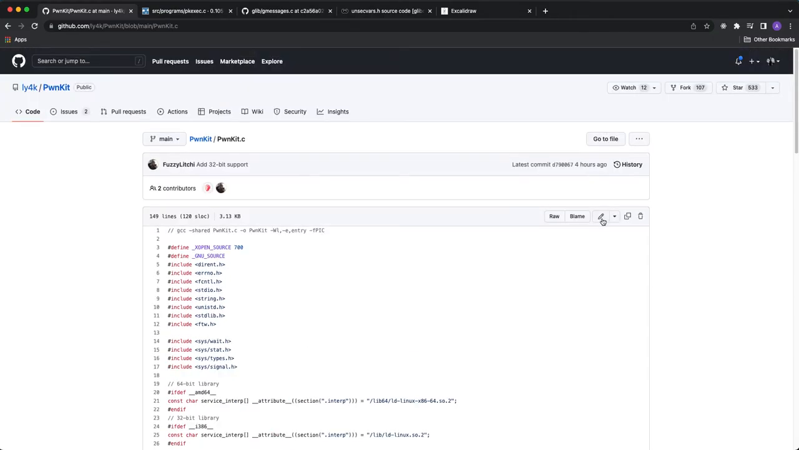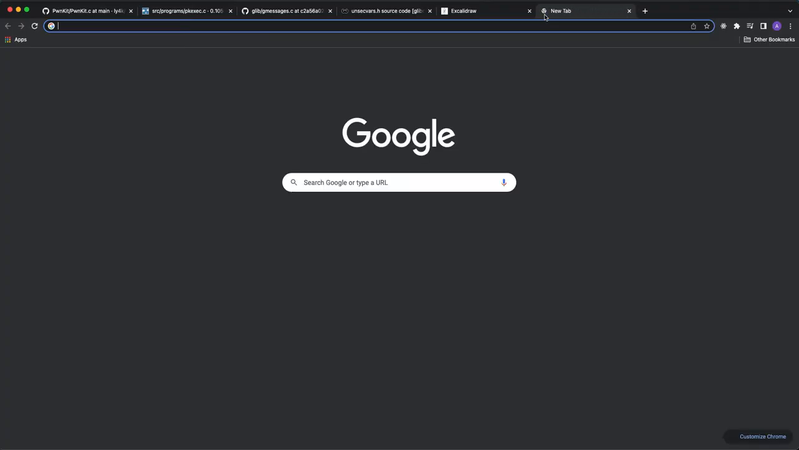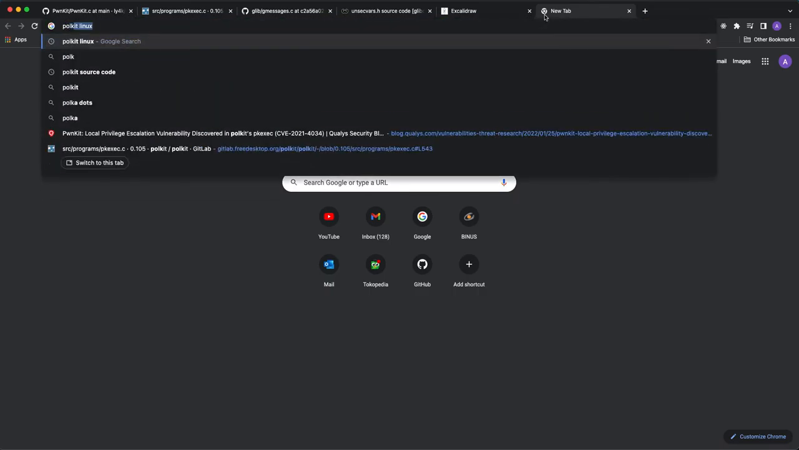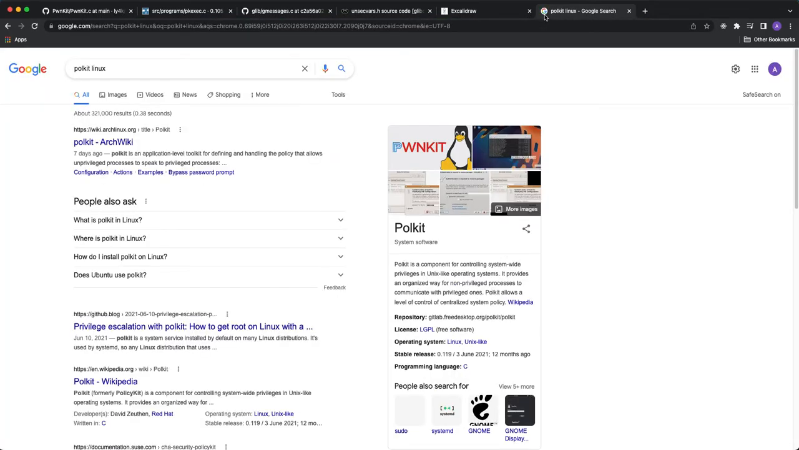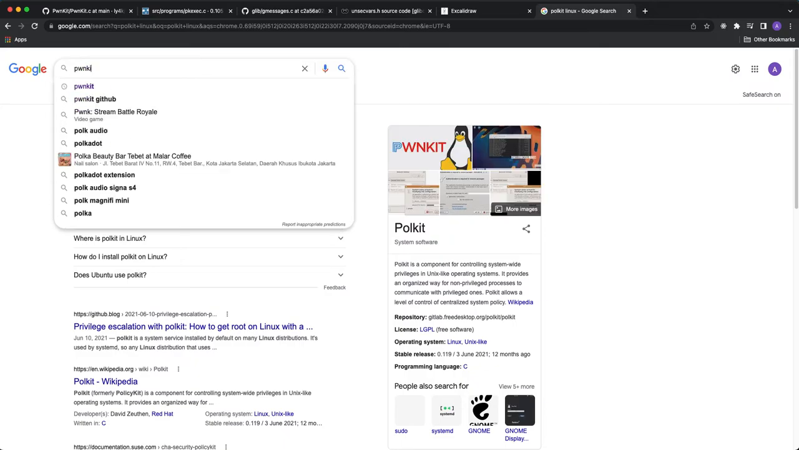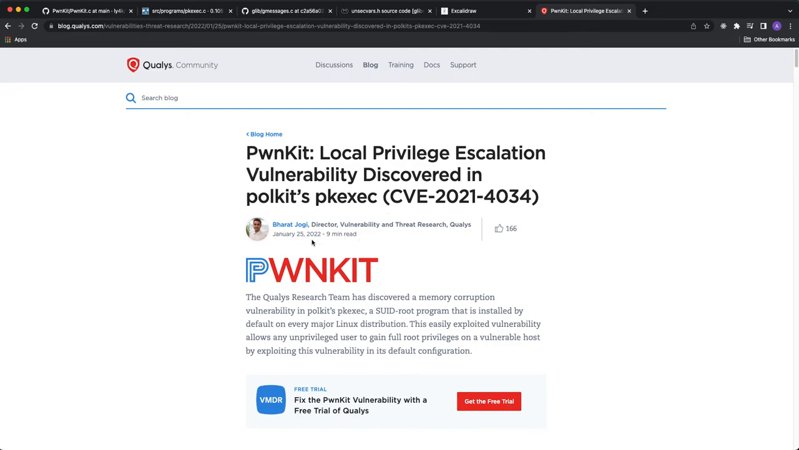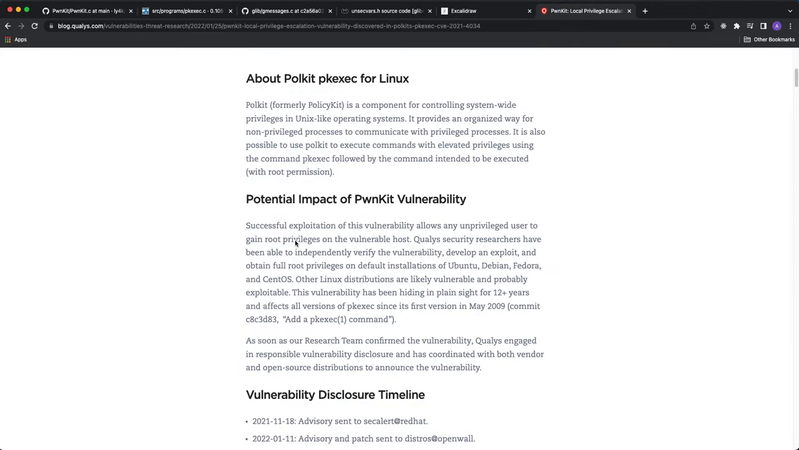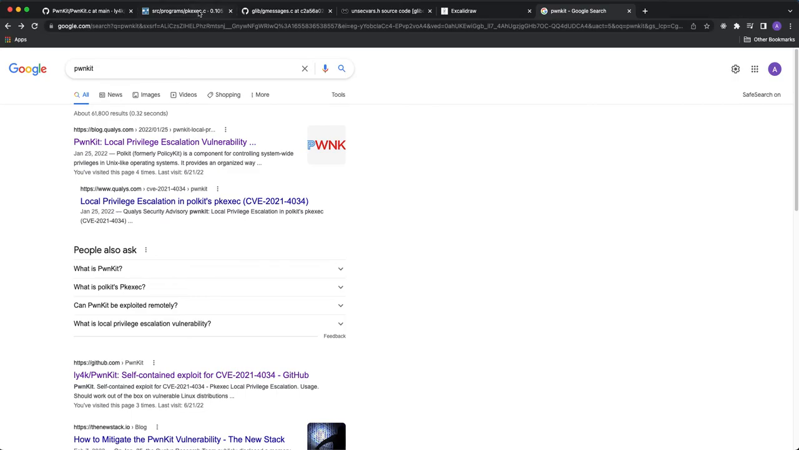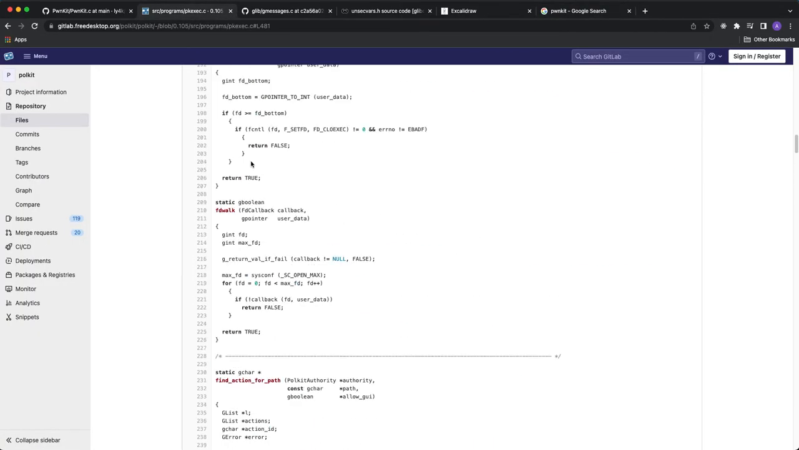Okay, so for PwnKit, as I mentioned, it is actually a vulnerability of a package called Polkit, or Policy Kit in short. And yeah, it was discovered by the researcher Koalis in January, so it's about 4 or 5 months ago. It's actually very famous, and yeah, I have the repository